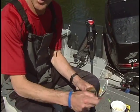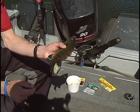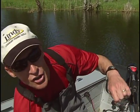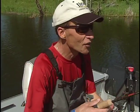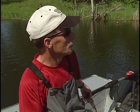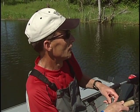You know what? We could be out there walleye fishing right now, struggling for a few fish on a clear day, not much wind. Why do that when you can get in and catch these big giant gills one after another? I'm telling you, if anybody tells you that it's not fun to do it, baloney. When you get action like we've been having,